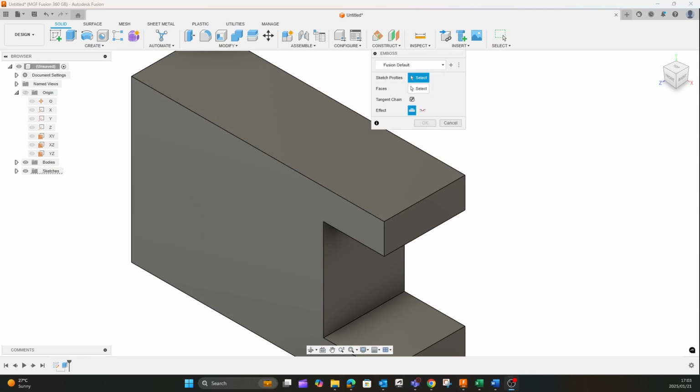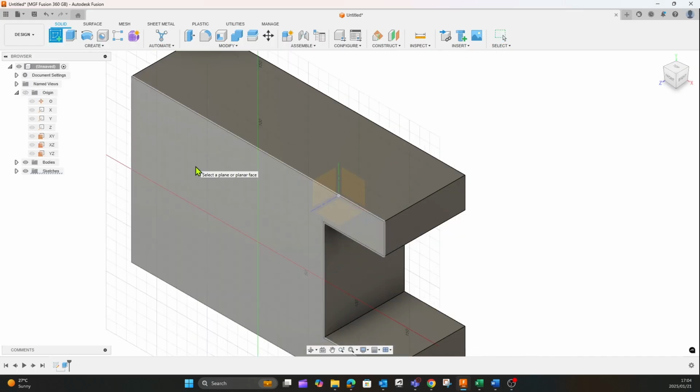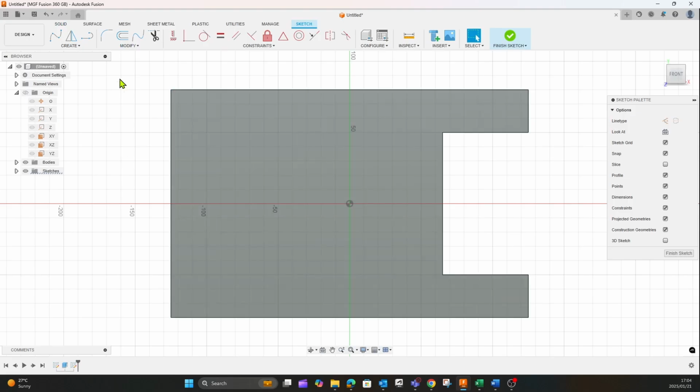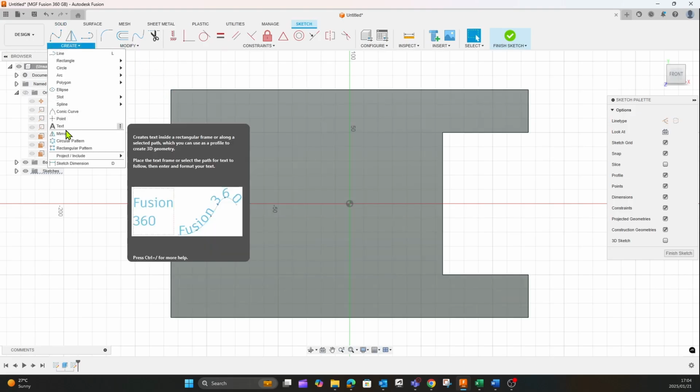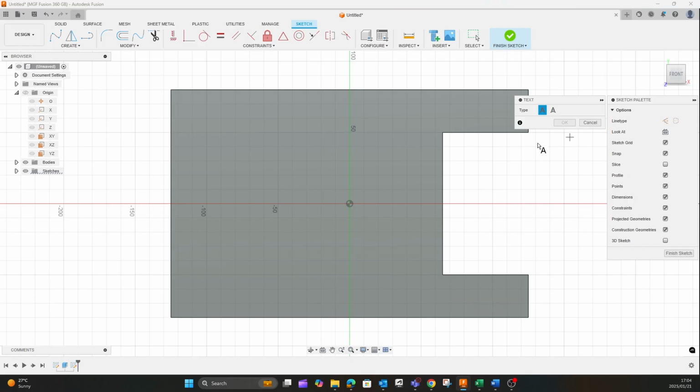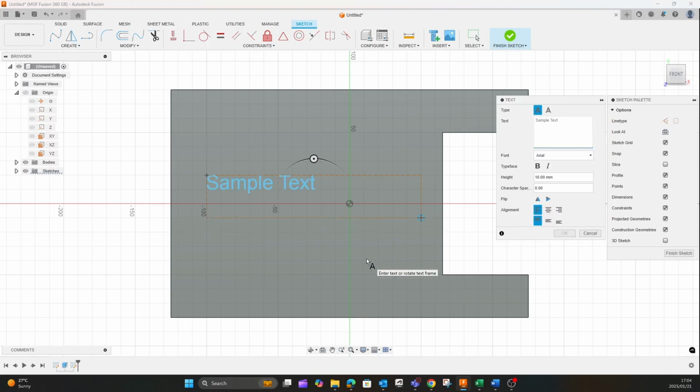Now to add some text or 2D geometry, it's quite easy. I'm just going to close the emboss feature, going to go and create a 2D sketch. Let's say for instance on this face over here. Go to the Create tab and you can add text. You can choose between text on a path or just normal text. So you place the first corner and you can draw a nice rectangle to place in your text, and here you can type in your text